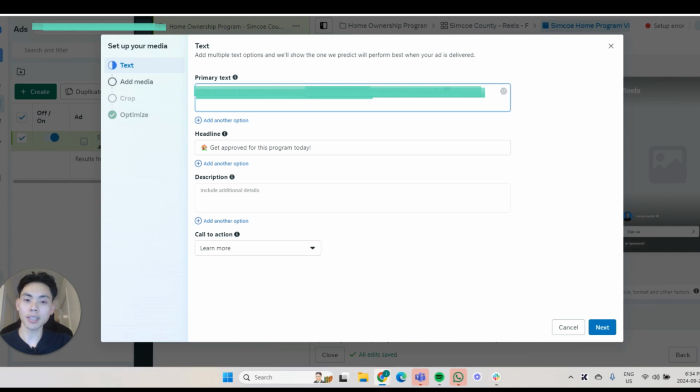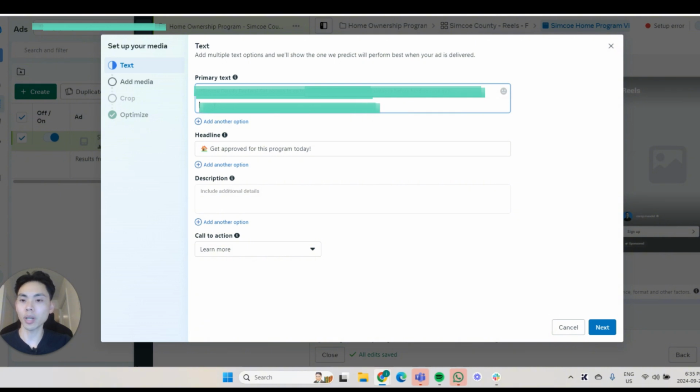And then this is kind of just cherry on top. And it's actually true because this program could run out of funding very quickly. So it's got urgency to it. It's like, hey, you can get this money and you better be quick. And this is for you. So this is an example of a very strong first sentence. Everything after, they probably are not going to read, but this is where we go into what the program is,